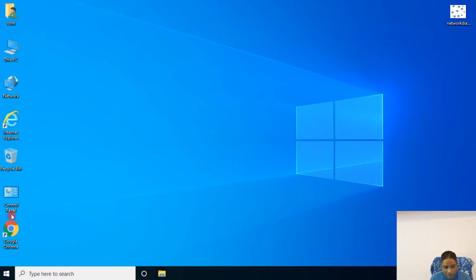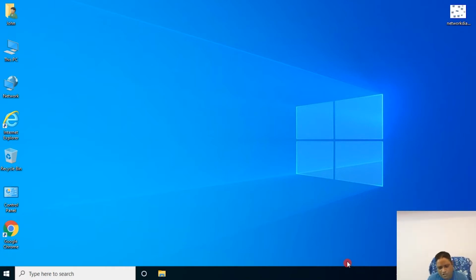So we have icons on it, so that is called a desktop. Basically a desktop is the main screen when you turn on the computer. When the computer fully turns on, the screen you see on the laptop or a desktop or a monitor is called a desktop. So what is a desktop? A desktop is the main screen when you start the computer, when you see the icons on your desktop.